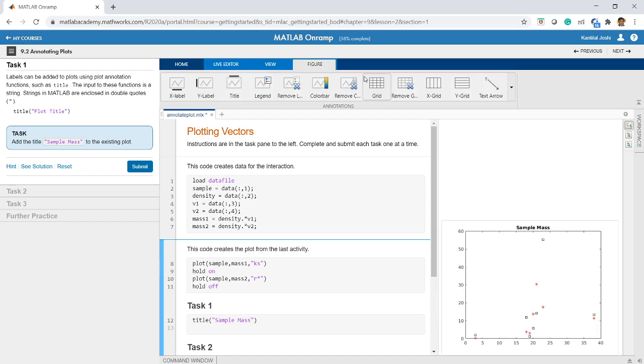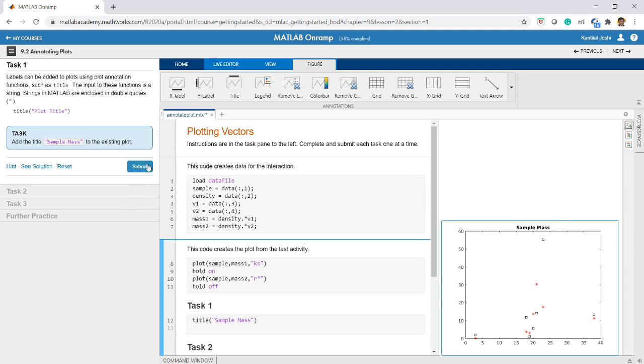But once again, my recommendation is that you go to the GUI part of it and simply add. Here sample mass is appearing, but an X label option is also there. If I click X label here, I can type the X label. If I click Y label here, I can type the Y label. You can also enter the title directly by clicking here. So it is not always necessary to use code for all this. But since we are going through this MATLAB online program, let us complete it as it is going.